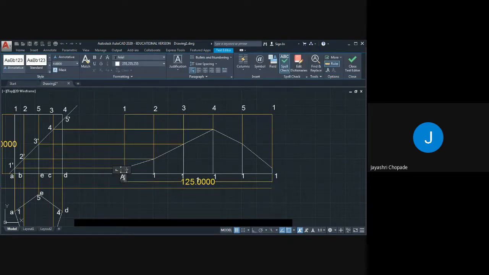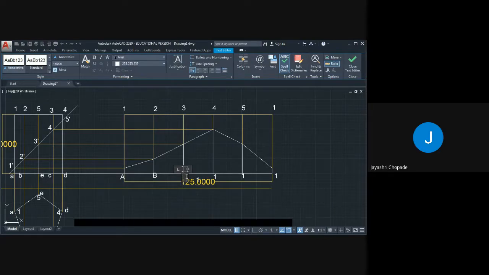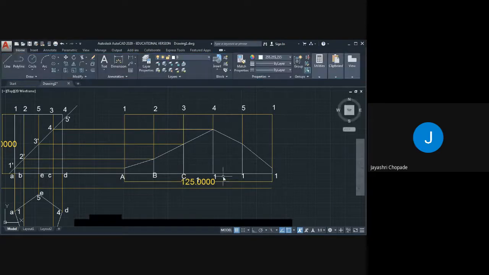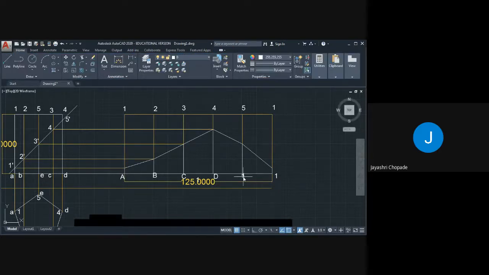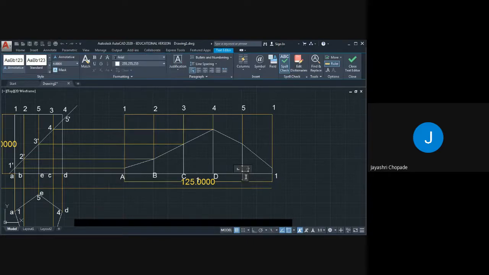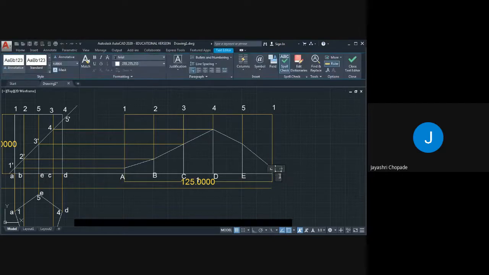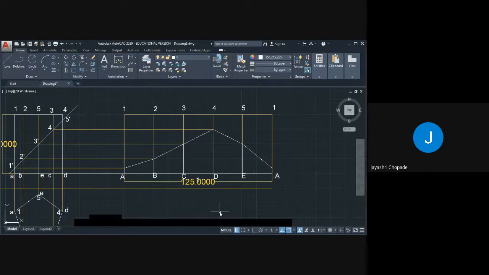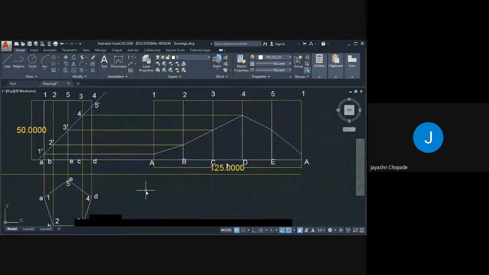Suppose this is A, B, then this is point C, D, this is E, and last one is the A. So this is the development of pentagonal prism.